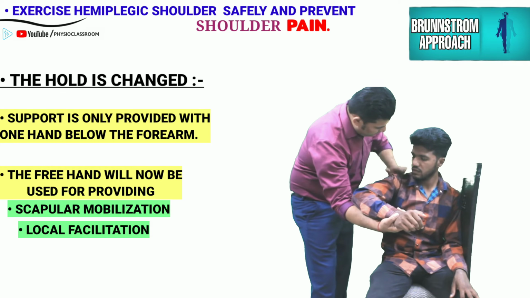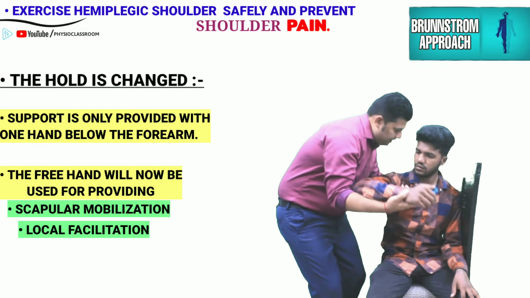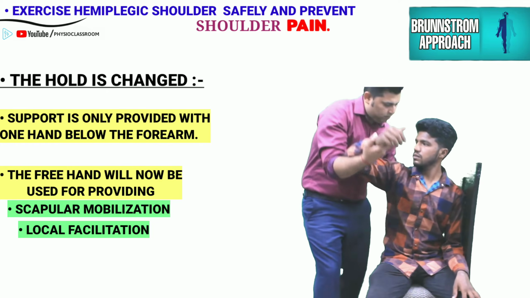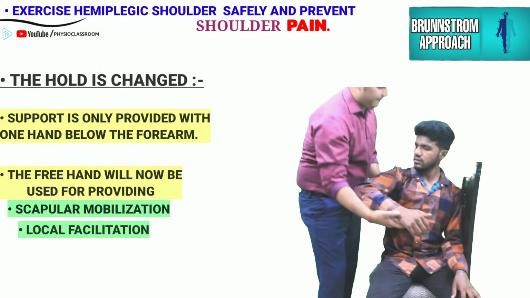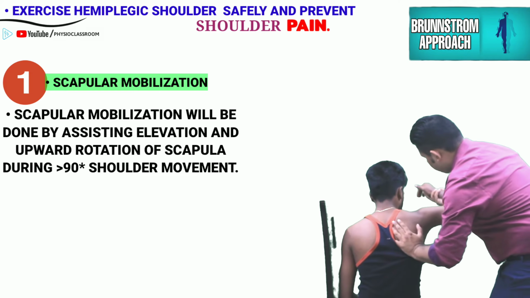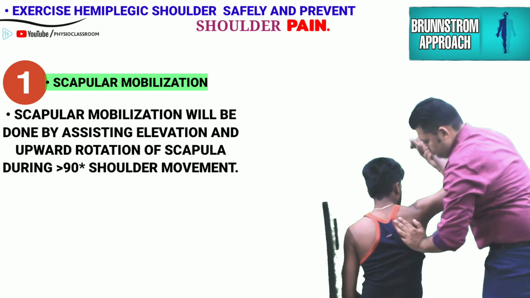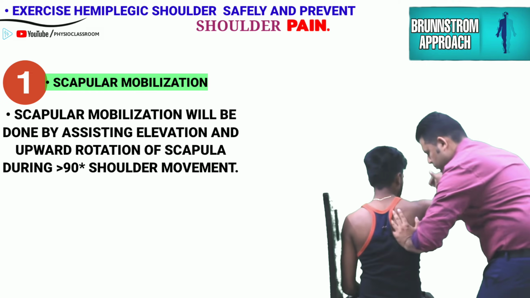The other hand is made free to provide scapular mobilization and to facilitate shoulder movements beyond 90 degrees. Using the free hand, the therapist can now passively mobilize the scapula into elevation and upward rotation while taking the